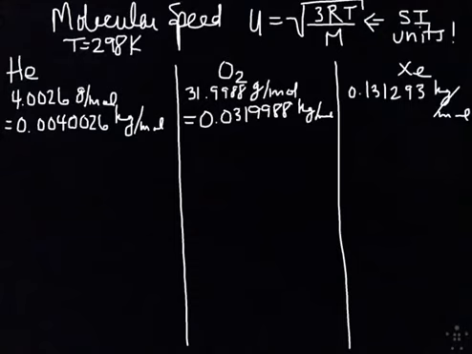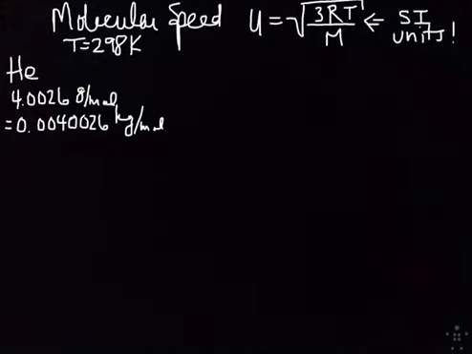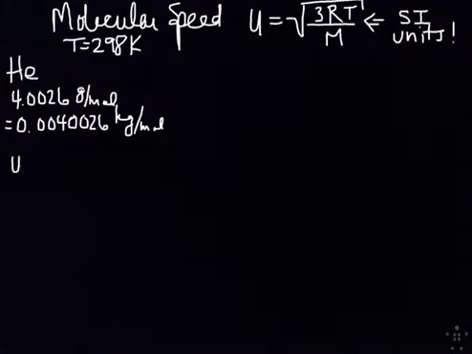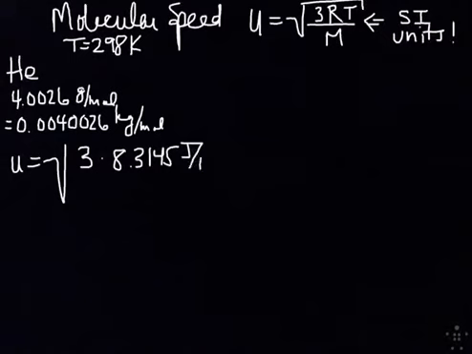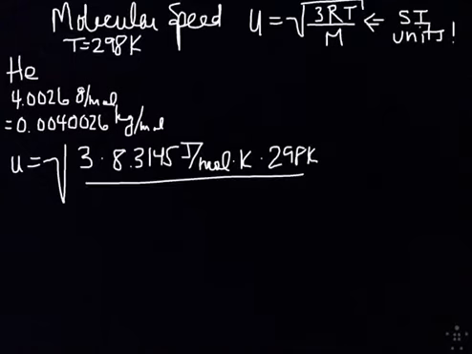And I think I'm going to need to rearrange this actually to give myself enough space. So let's start with just helium. We've got u equals the square root of 3 times 8.3145 joules per mole Kelvin times 298 Kelvin divided by